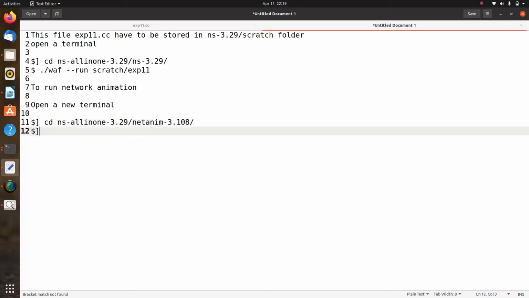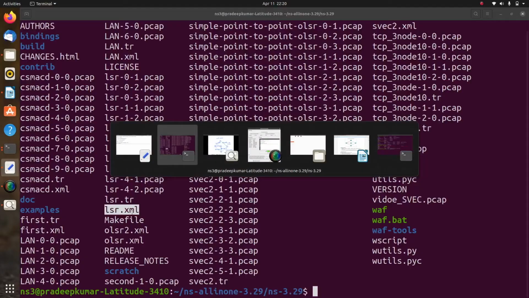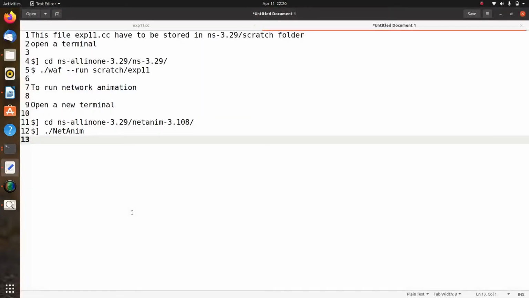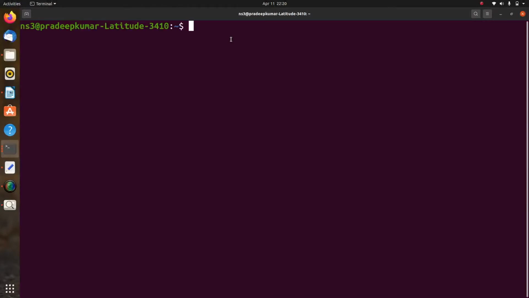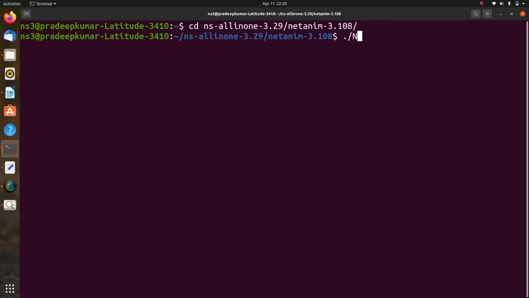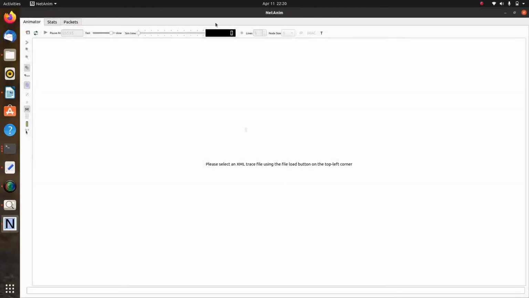So then afterwards you can write this command ./NetAnim. So you can see that the N and A both are in uppercase letters. So you have to use the same. So since I opened a new terminal, I will be doing this ns-all-in-one, then netanim-3.108. So then ./NetAnim. So once you've done it, it will open a window.